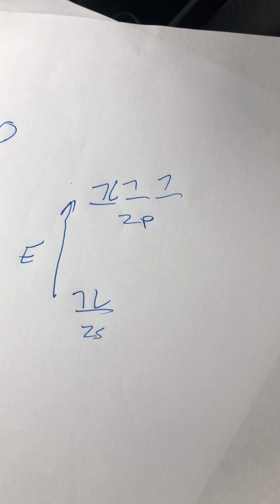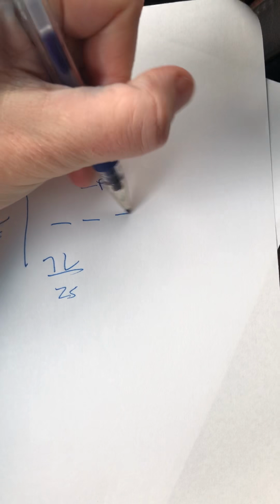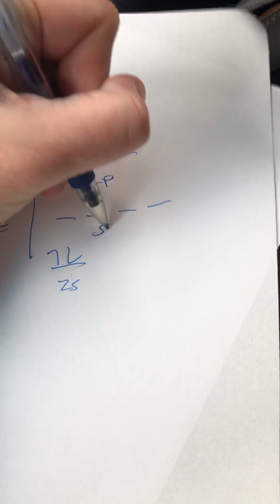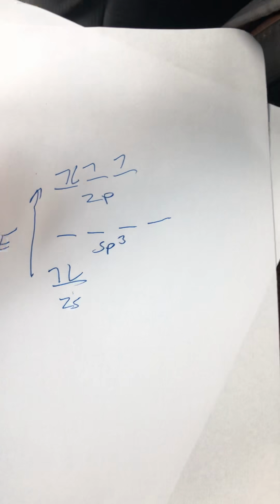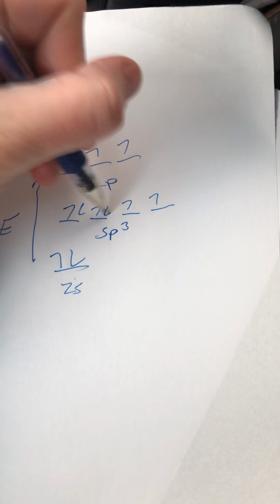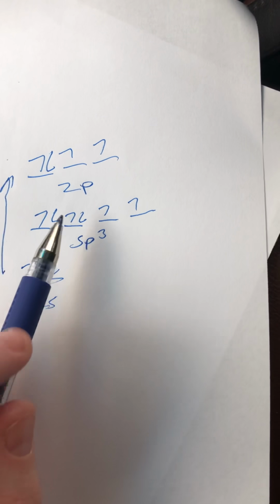So its electron configuration would look something like that. And then when you mix them together, same thing, you're going to get an sp3 hybridization. And now we have 6 of these to fill in. So 1, 2, 3, 4, 5, 6. You can look at it immediately and say, hey, look, oxygen's going to have 2 lone pairs on